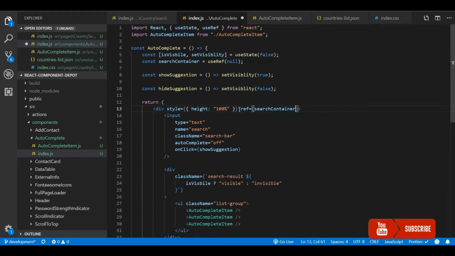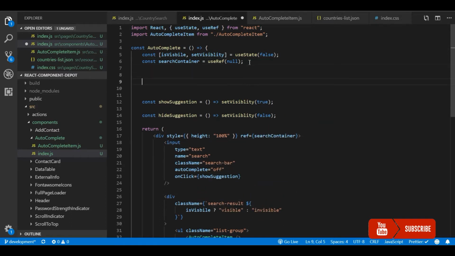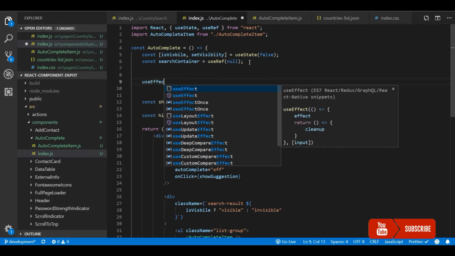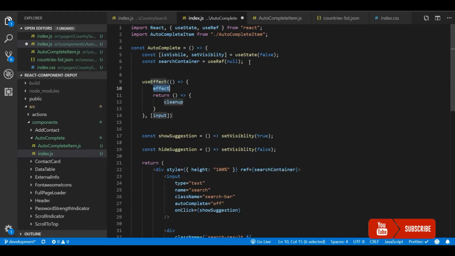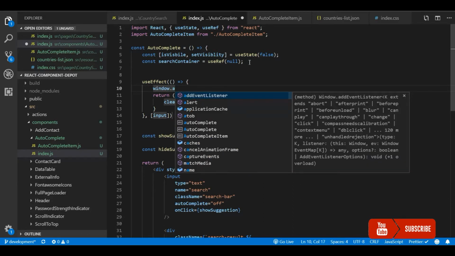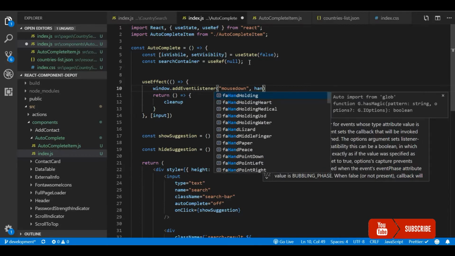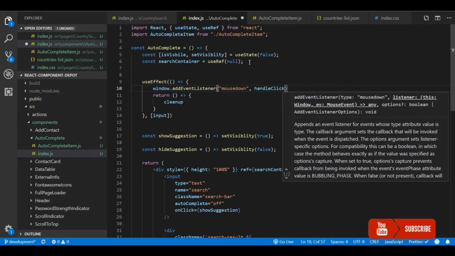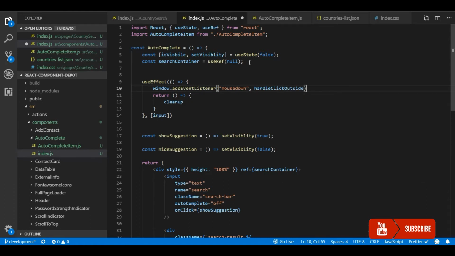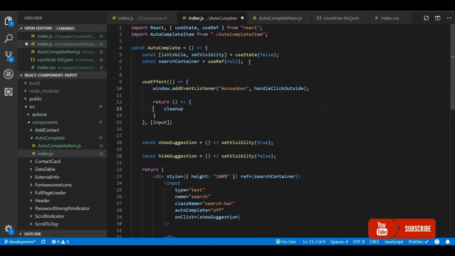We'll add an event listener to the body, to the window, for a click event, which will detect whenever a user clicks on our browser, and we will check if it is inside this search box. Otherwise, we will hide the suggestion. So I'm going to trigger a function from that. It's a callback function, handle click outside. And on cleanup, we will remove this event listener.